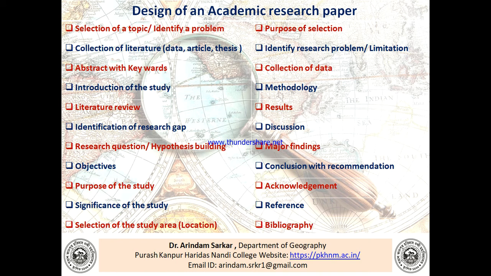Now, the design of an academic research paper. That is the ideal design of an academic research paper, starting with the selection of a topic that is close to the identification of a problem, then the collection of literature, that may be data, articles, theses, whatever it is. Now the abstract with the keywords, then the introduction to the study, then the literature review, identification of the research gap, next research question, hypothesis building,